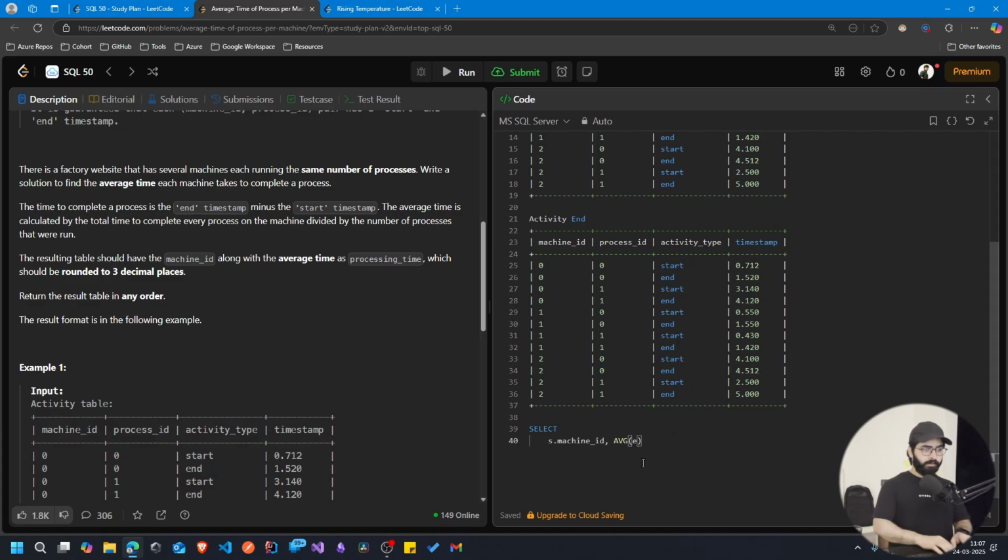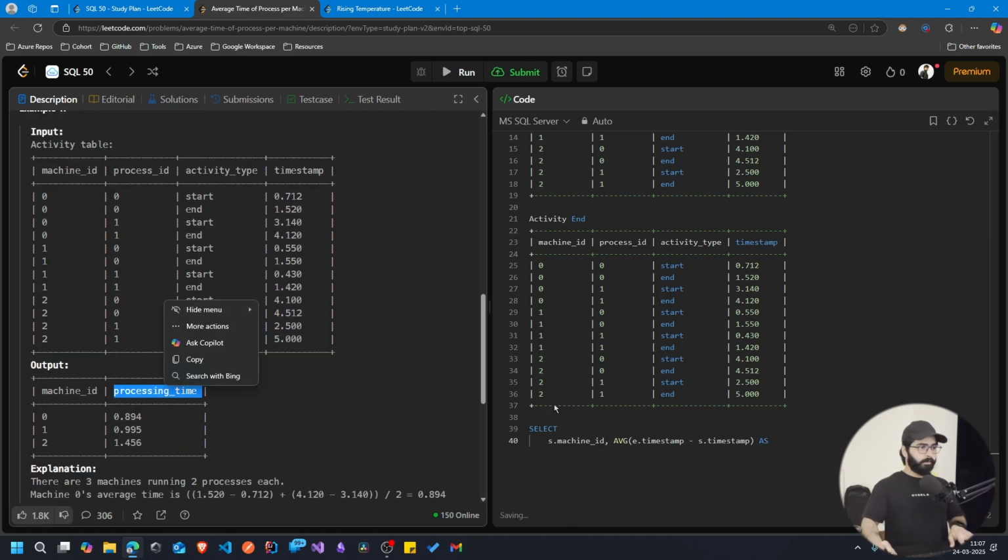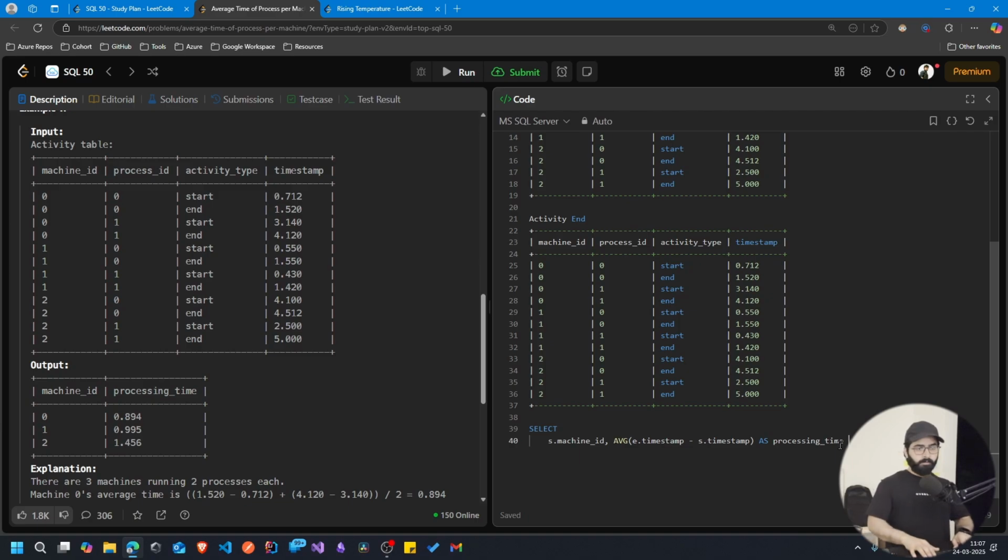So we'll say end dot timestamp minus s dot timestamp. And what was the column name? Processing time. And then from